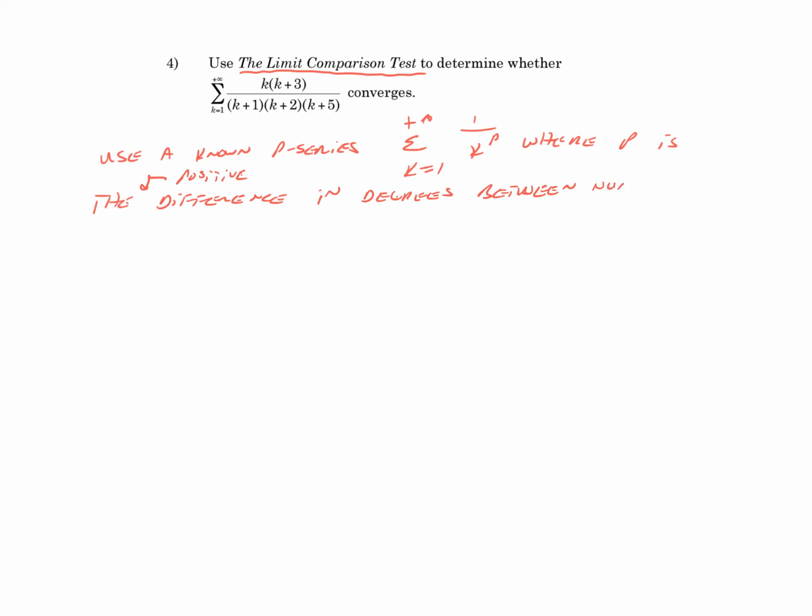In this case, we know that if we were to multiply out the numerator and denominator, we get k squared plus blah, blah, blah, over k cubed plus blah, blah, blah. So in this case, we will use